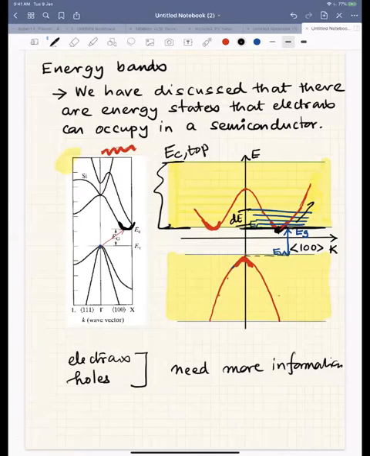Imagining this, EC means the bottom of the conduction band, right? So this is the reference. Then you could imagine EC is the potential energy, right? So that is the reference. We started with whatever energy the electron has there, that is the potential energy, because that is